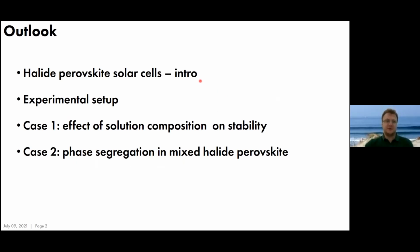I will first briefly introduce hybrid halide perovskite solar cells. It has been a very hot topic for already a decade, but still I think it needs introduction. And then I will go to description of our experimental setup and two case studies of how we study functional properties and also related to degradation of solar cells, because this is the main issue that hinders